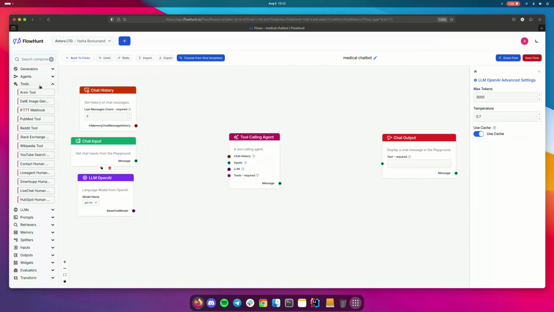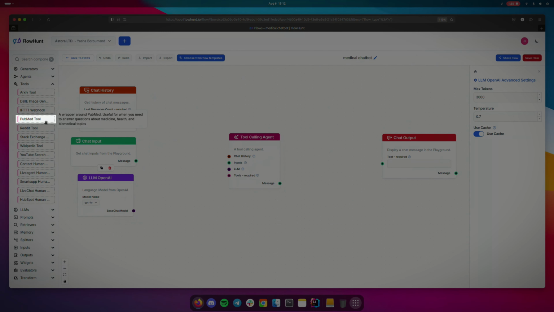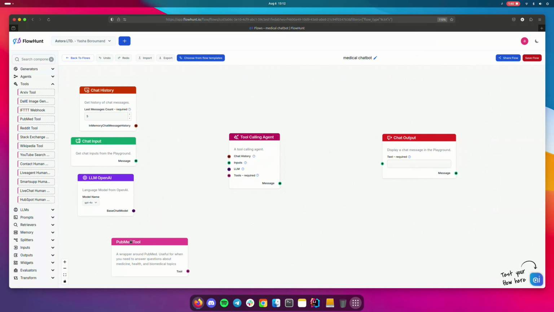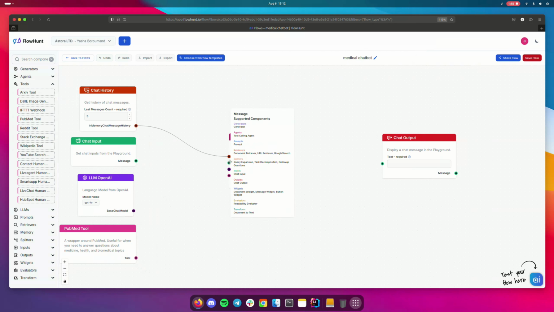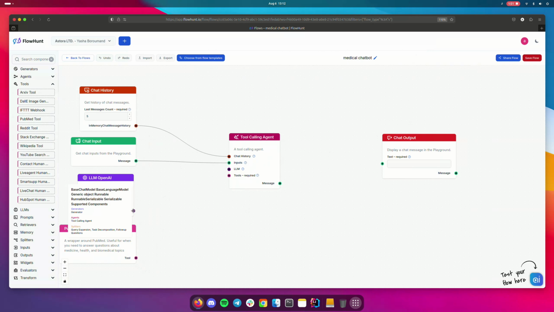Moving on from the optional components, we should also add the PubMed tool. This enables our chatbot to read PubMed articles and abstracts, extract relevant content, and arrange it for us in the output. All that's left to do is to connect all the components together and give our agent a prompt in